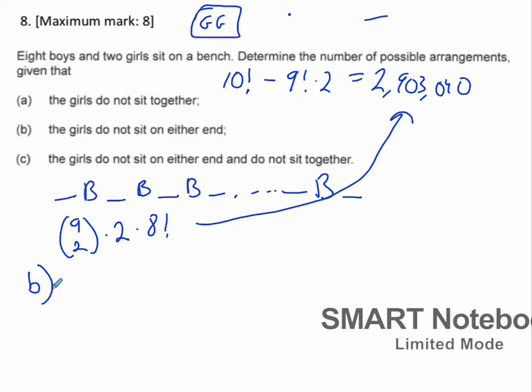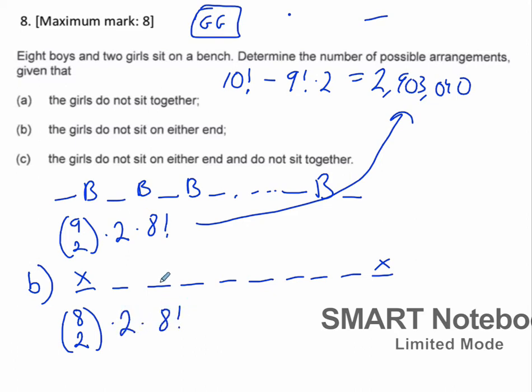In part B, there's a few ways to do that, but if they don't sit on either end, we could draw out all the possibilities. There's 10 seats: 1, 2, 3, 4, 5, 6, 7, 8, 9, 10. But they can't sit on the ends, right? So there's only 8 possible seats for the girls to sit in, and they have to choose 2 of them. So 8 choose 2 is the number of ways to pick the 2 seats. There's 2 ways to arrange the 2 girls, and there's 8 factorial ways to arrange the 8 boys. So that gives you